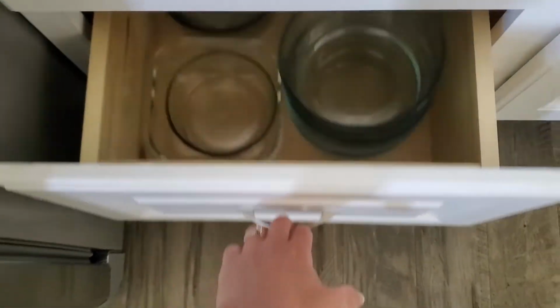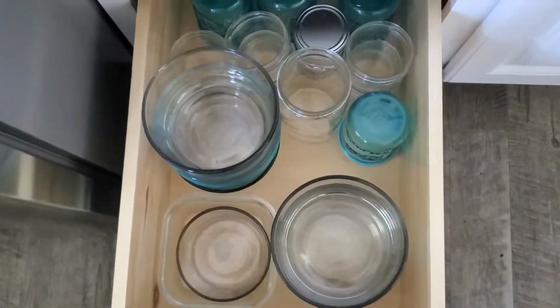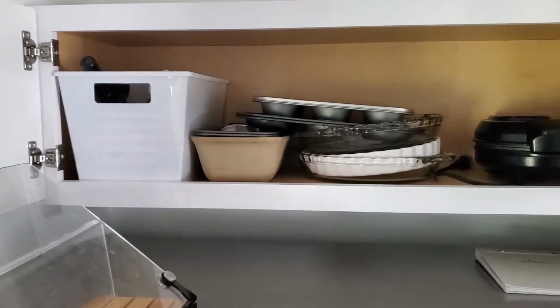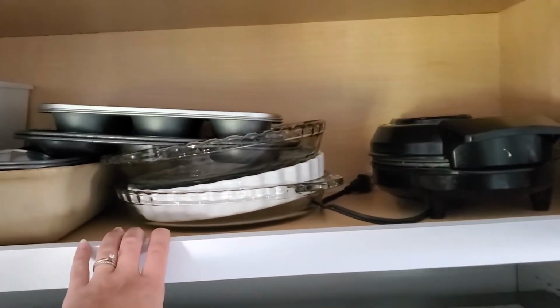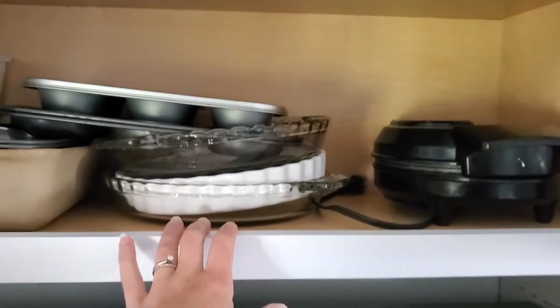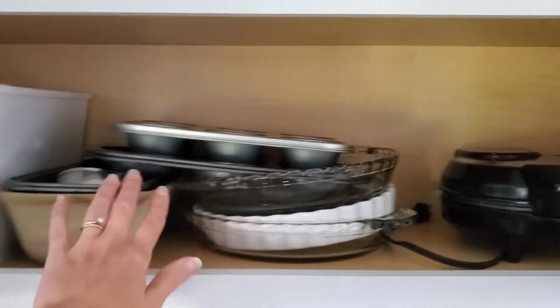I put all of the Pyrex dishes now down here, and so that's all of my food storage. That works out super well. Up here above the refrigerator is stuff that I don't use too often, but I didn't want to get rid of. So I kept the waffle iron, but I did get rid of our toaster. And then I have some tart pans. These are donut pans, muffin pans,